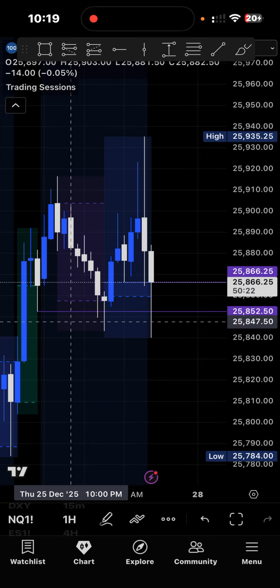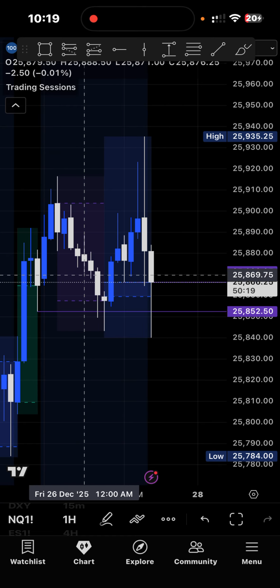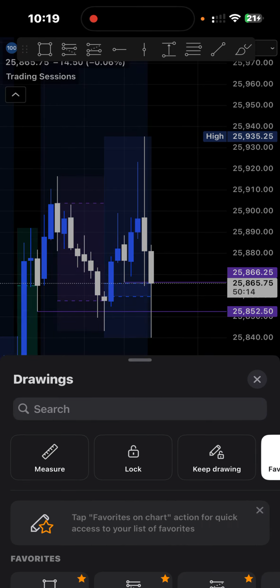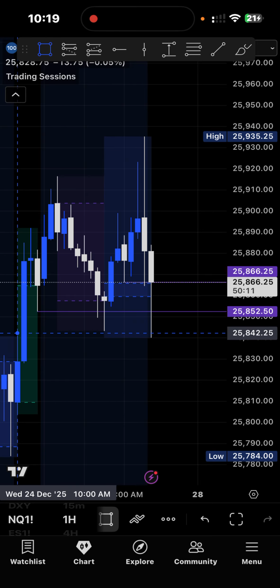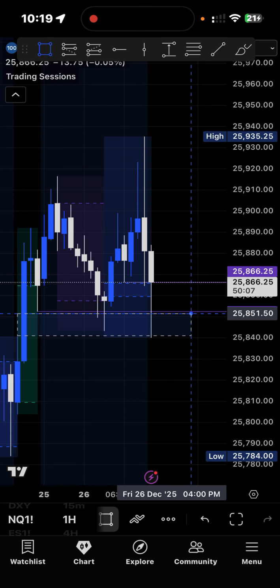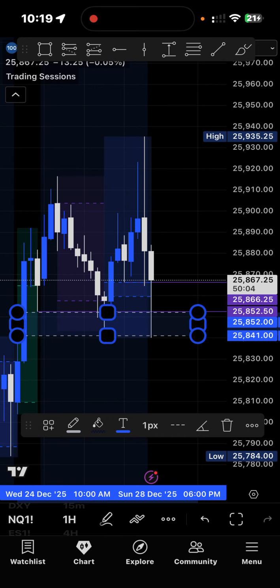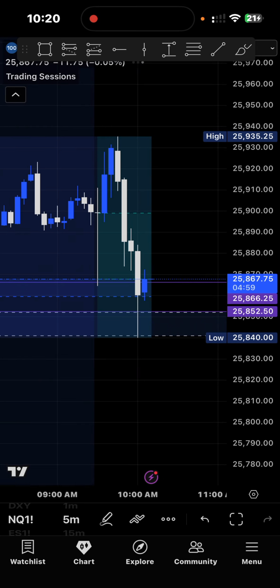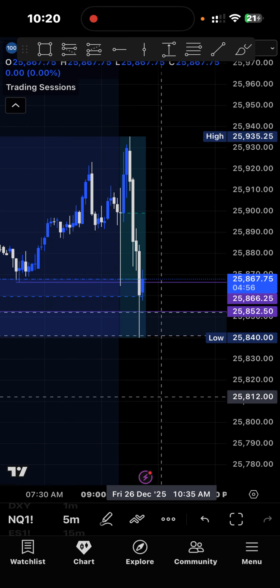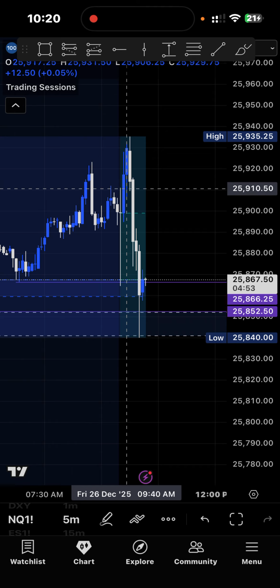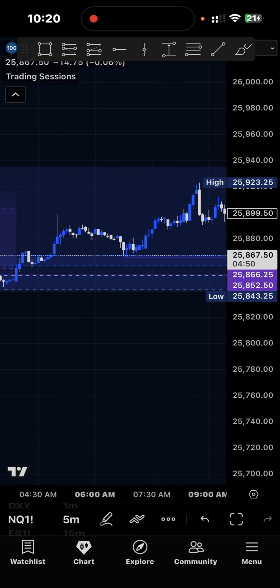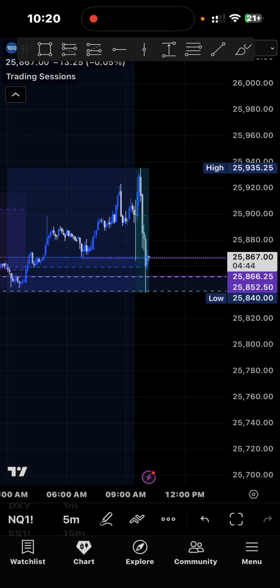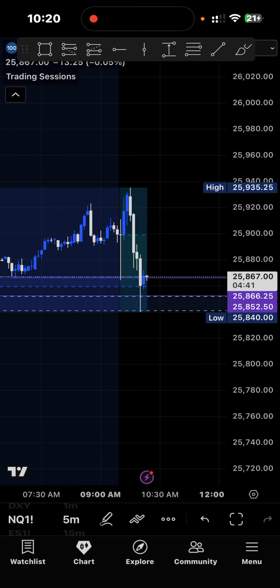So it got taken out, ran up, popped, hit here, new session open, but it's still within this fair value gap right here. And I realized the fair value gap is really well respected on this side of town. So the market comes down, bop. It does that move right there, and so it happened on a 5-minute. Originally, this was something that could have been taken because it hit here, but that does look a bit too fast for me. But we see the market come down here, swept out that liquidity down there, and right here,